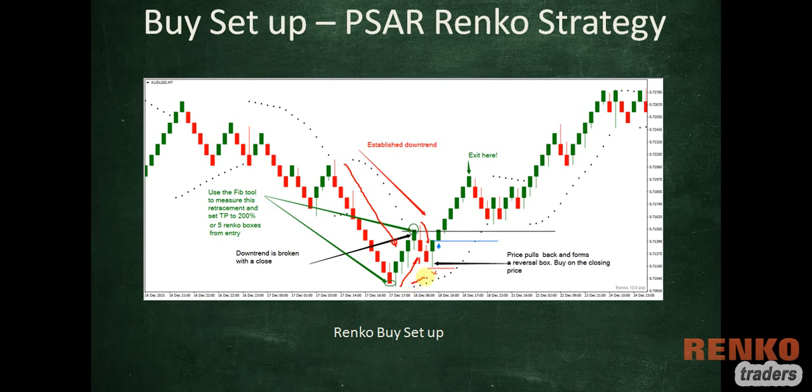However, notice that the parabolic SAR is still printing below price, indicating that price is in an uptrend. Then we have a Renko reversal box where price closes in the green, and this would be our trigger bar. So we go long on the close of this box. You set your stops to the low here, and using the Fibonacci tool, you need to retrace this move,